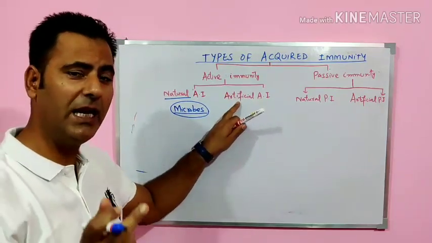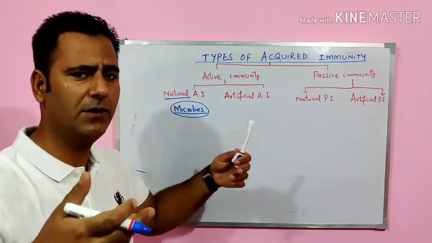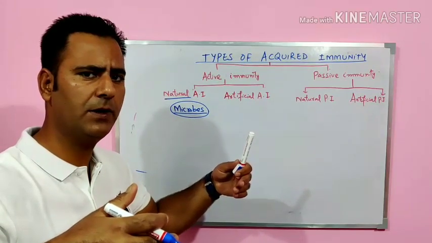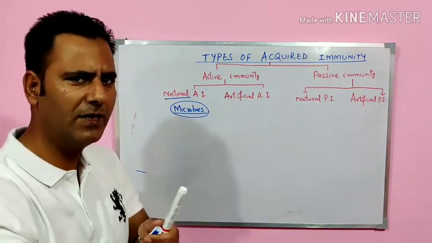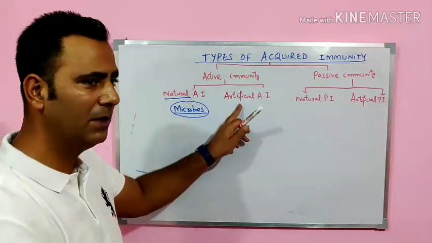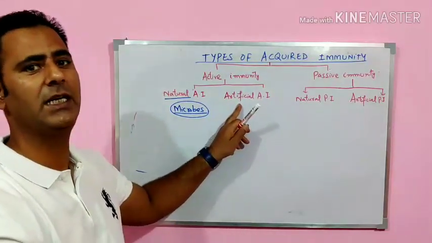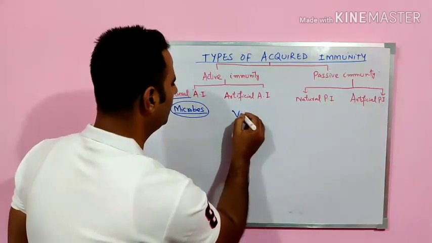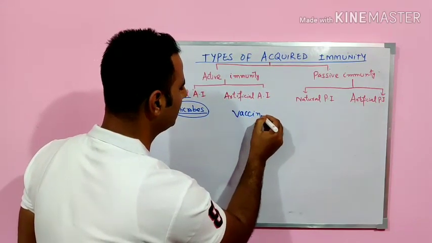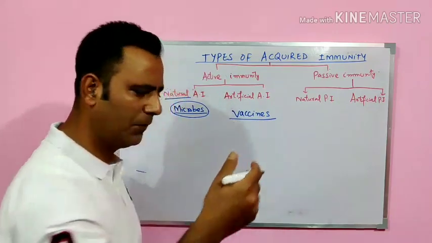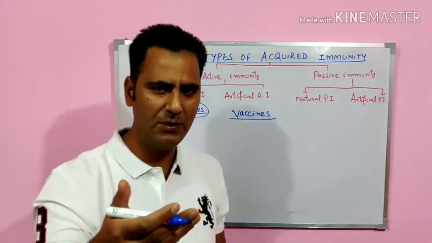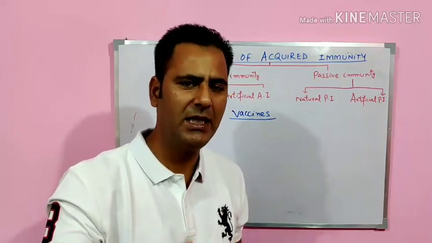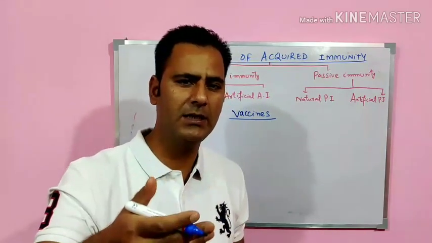Artificial. Again, we can activate our immune system. The second way is also, we have activated the immune system by way of entry of any pathogen. But there are other ways also. Our immune system may be activated artificially, deliberately, by using vaccines. When we go for immunization, active immunization, the rationale behind this active immunization